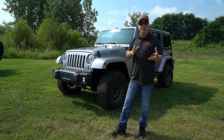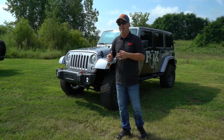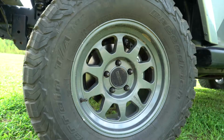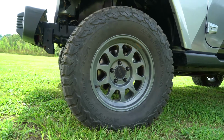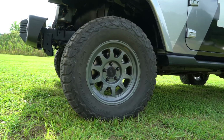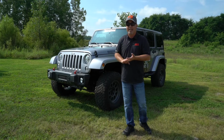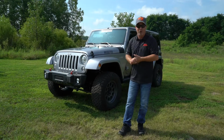You'll notice that is the base system that we use here at JKS. With that, we're gonna get a little bit of extra height. We've got a 33x12.50 on a 17 here, so a little bit bigger tire than stock. This Jeep is very, very capable of being a great daily driver, a fantastic daily driver, actually,